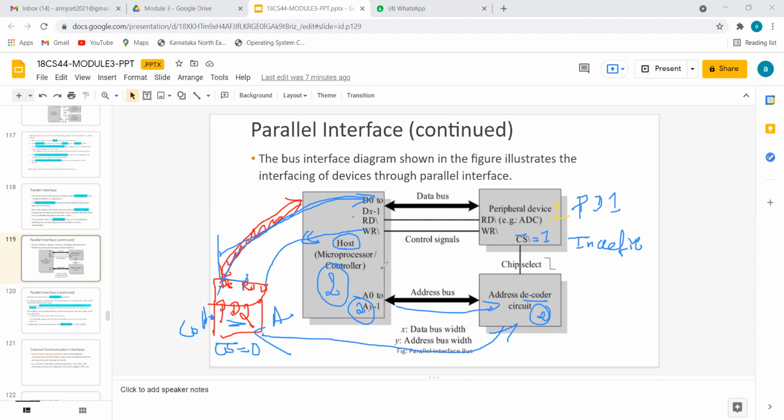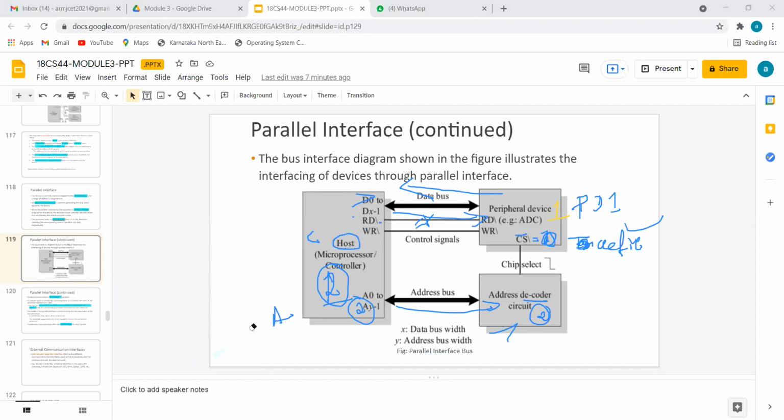Okay, suddenly after some time, the host changes the address from 2 to 1. Chip selection becomes 1 for this 2, and this suddenly changes to 0. So that means this is now active, and this is totally inactive. If it wants to read, it will send a signal and data will be in this direction because it's a read. If it's a write, this read is closed and data transfers in this direction. Hence, it's a bidirectional movement for our parallel interface.